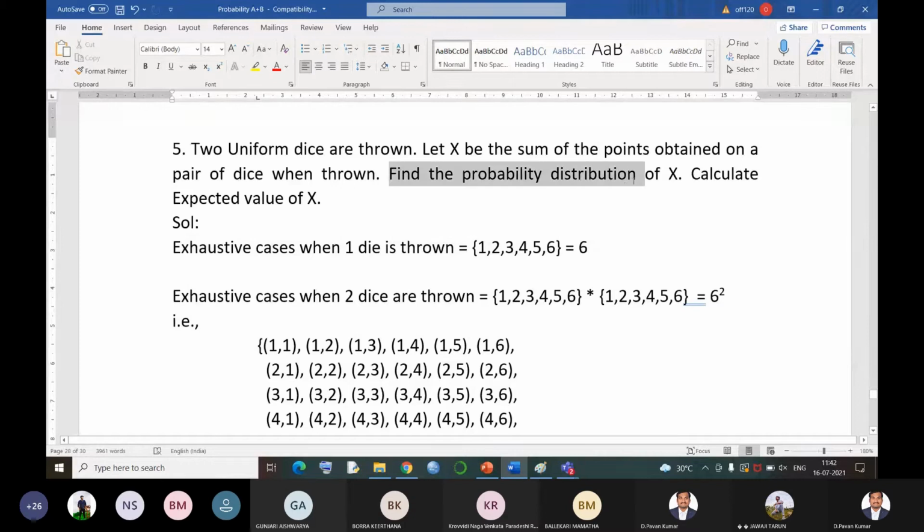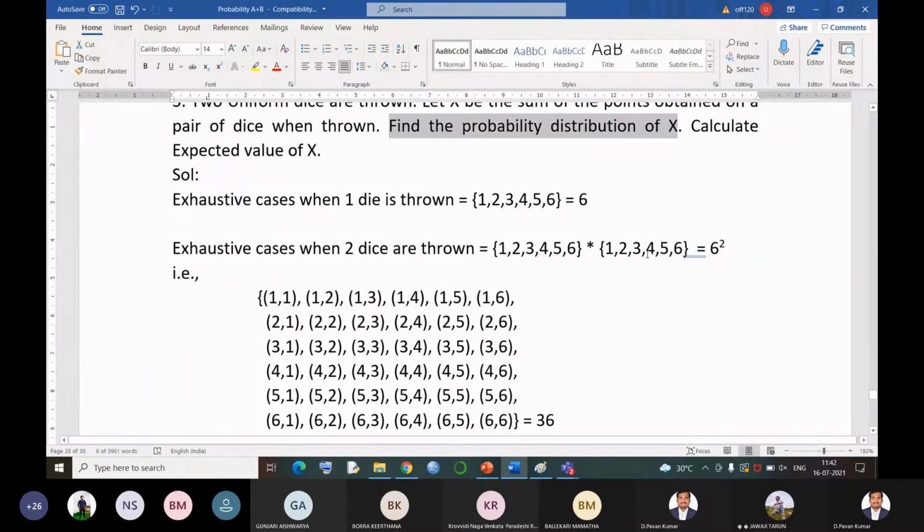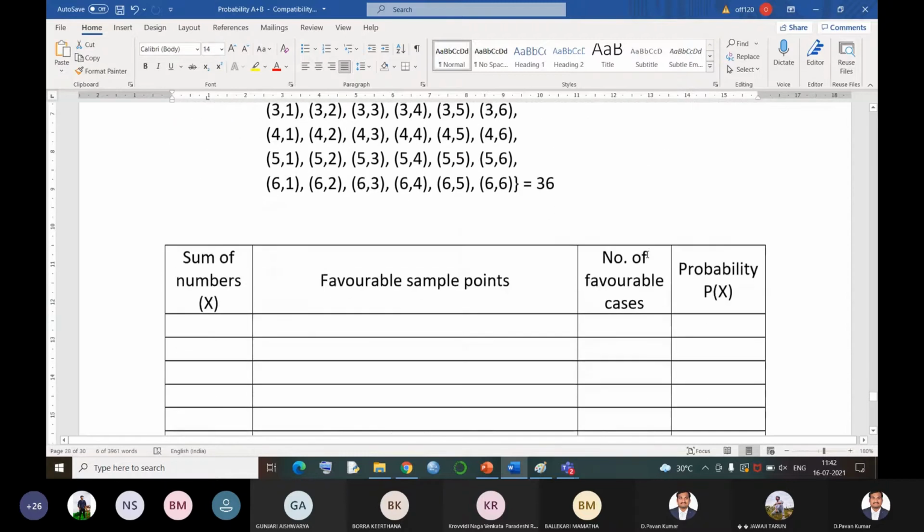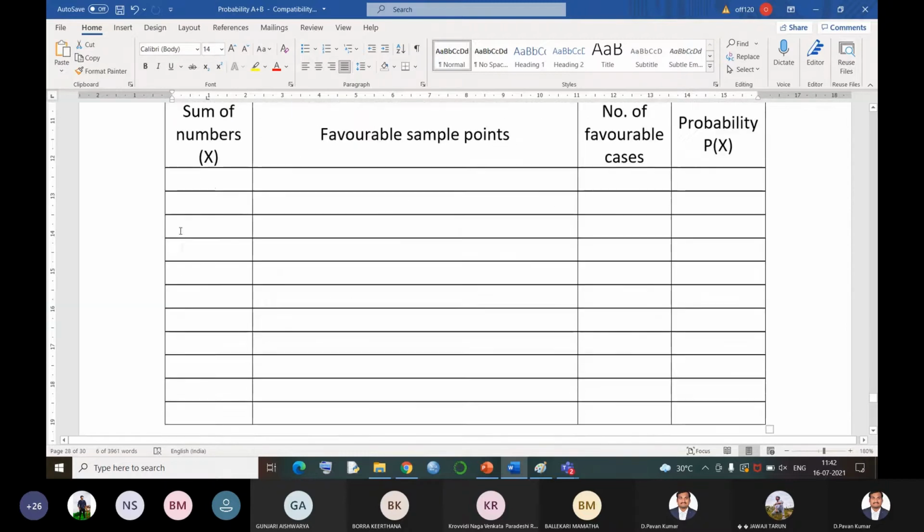Now, find the probability distribution of x. Probability distribution means we need to write all the outcomes of a random experiment, starting from 2 to the maximum sum, which is 6,6, so the sum is 12. We have to write the probabilities along with the outcomes. So let us consider this table here. The sum of numbers would start from 2, 3, 4, 5, 6, 7, 8,